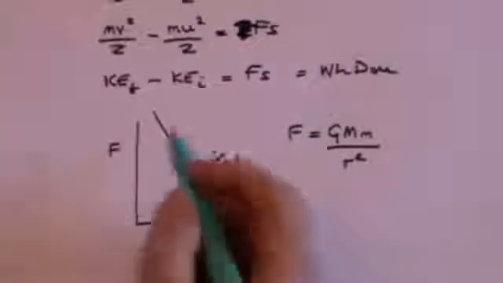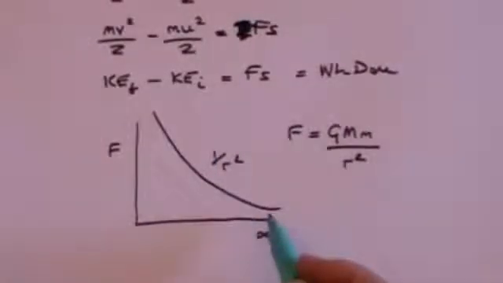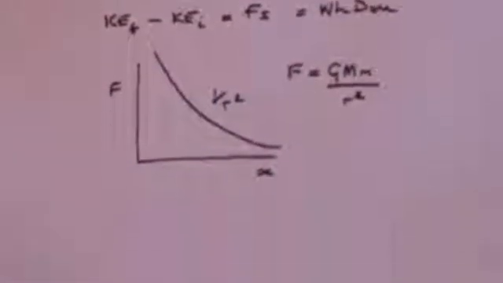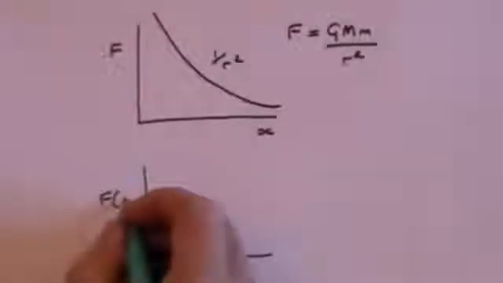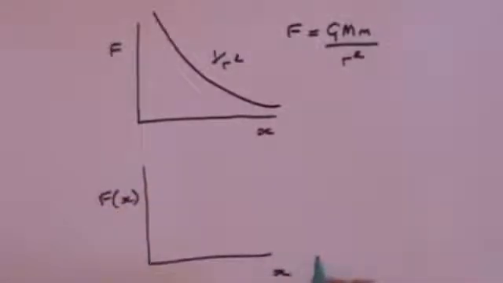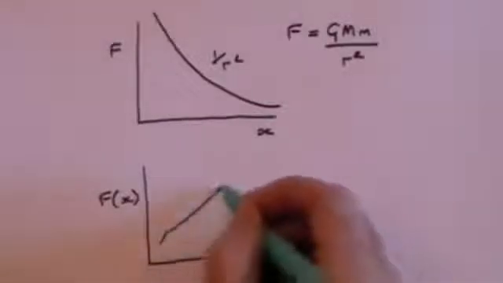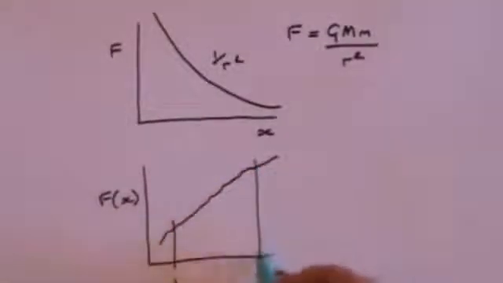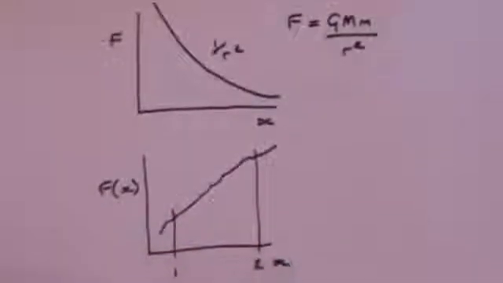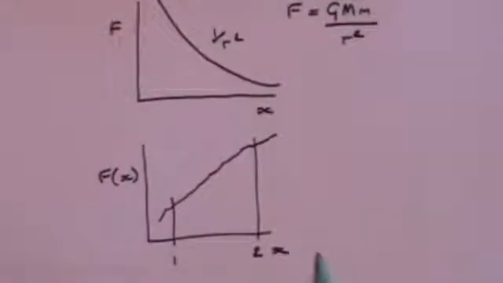Well, we're not going to just apply a simple 1 over r squared term. Let's take any situation where the force is a function of the distance. Or let's suppose it does something like this. And we're going to go from an initial position, point 1, to a final position, point 2. What is the work done? What is